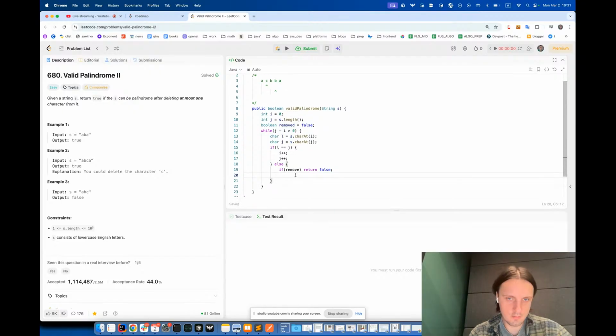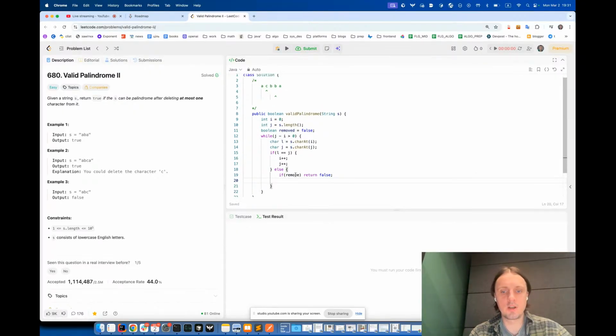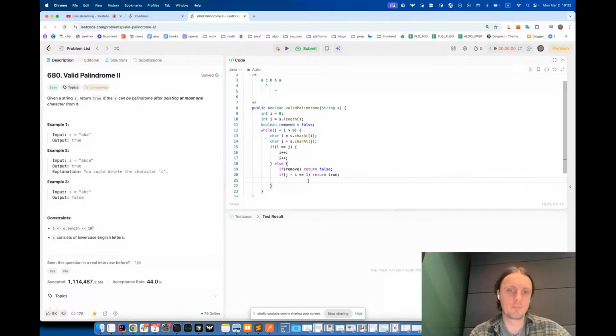If not, then we check if j minus i is equal to 1, we return true, because it doesn't matter which one we will remove. Otherwise,